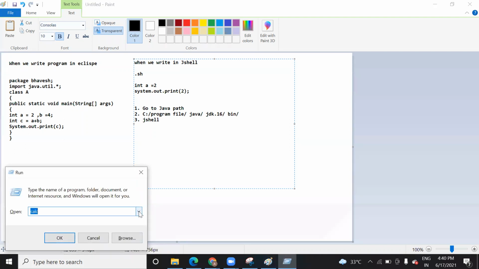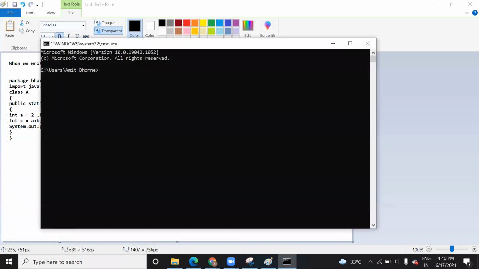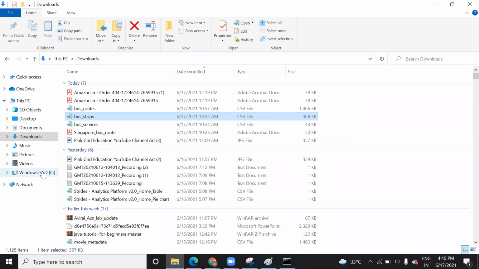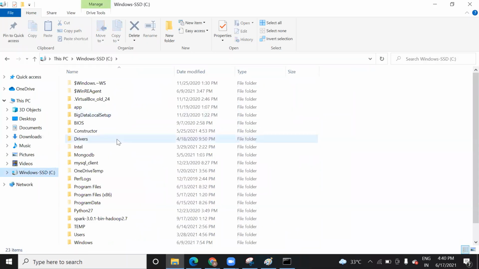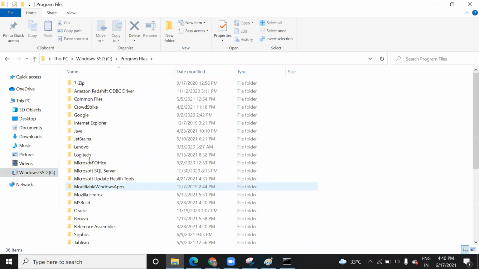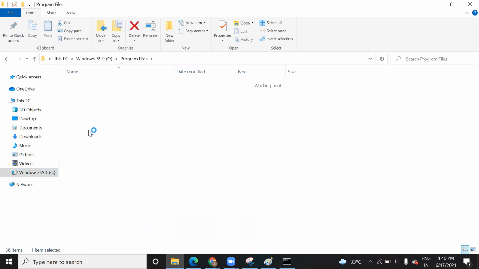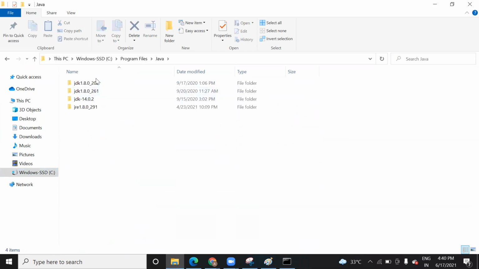Go to the command prompt, then I will show you the path to the C drive. Inside Program Files, you see the Java folder. As I have installed multiple JDKs in my system, because to work with different projects you might sometimes need the latest JDK, or sometimes you have to check with the old one.